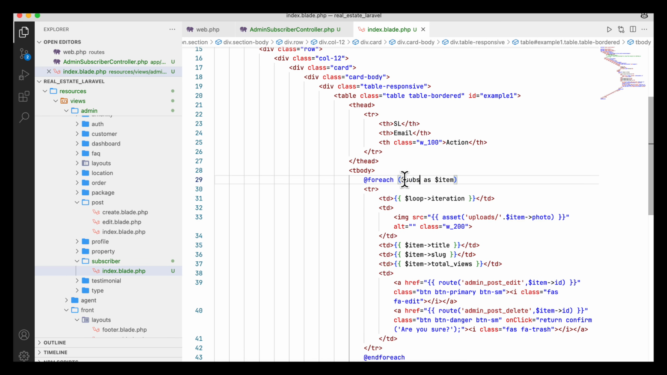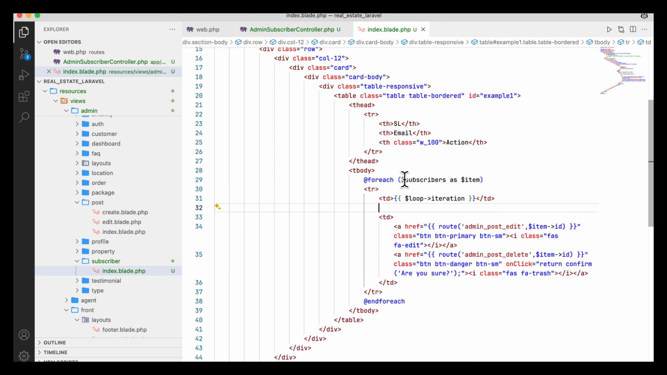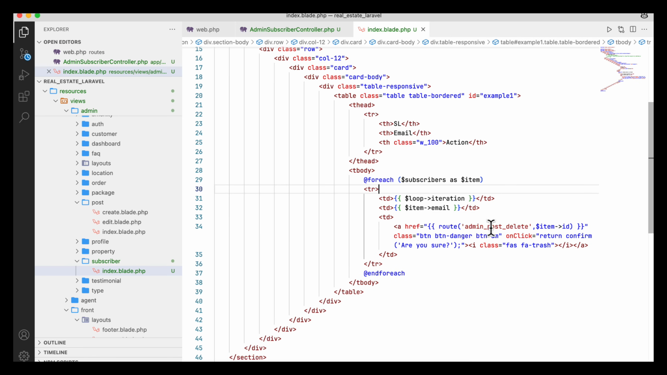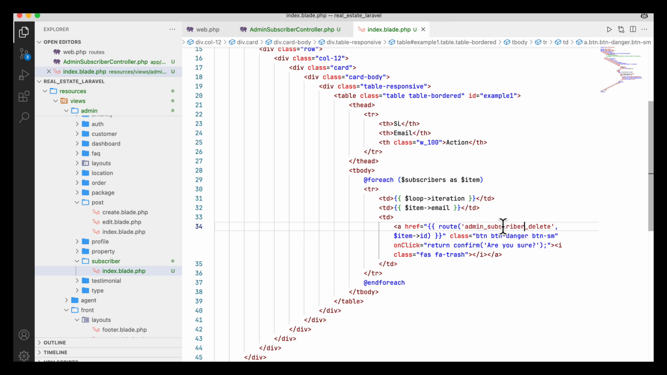So here subscribers, so subscribers as item, and here will be only the email. So here it will be item email. So if you want you can delete, or you can just see the subscriber, but I will give you a delete option, and this is important. So admin subscriber delete,